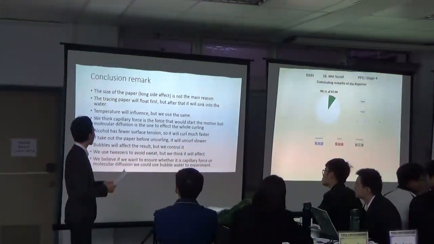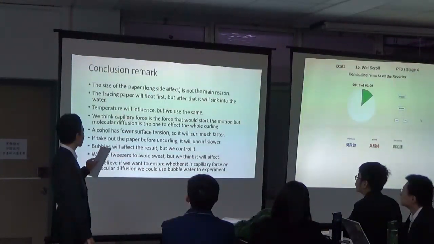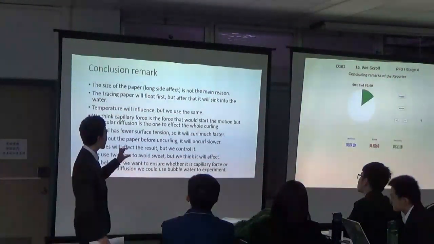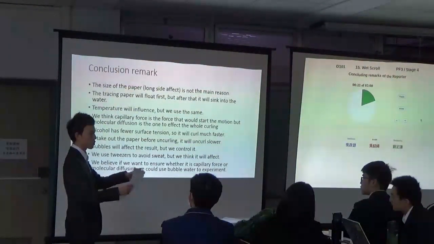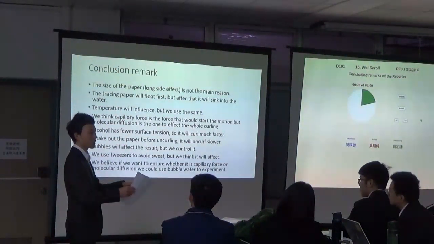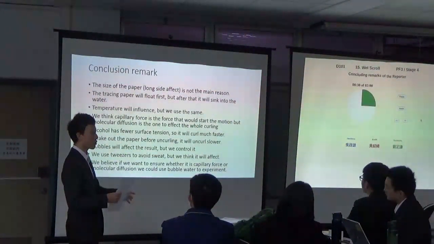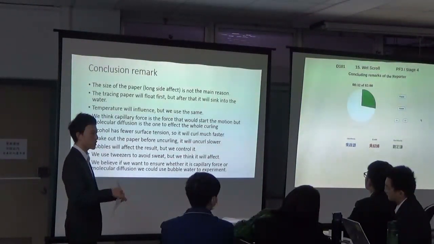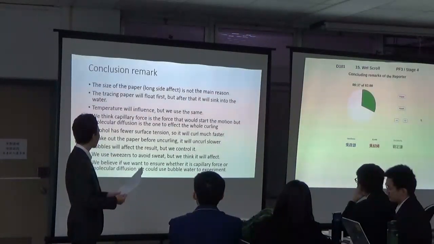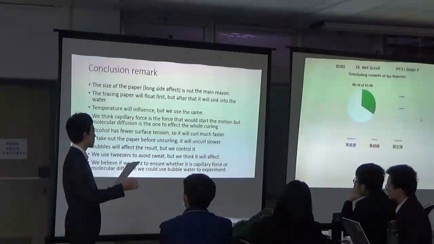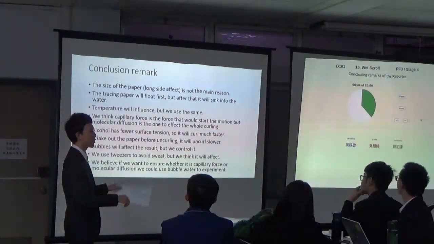So I will be making the concluding remarks. Firstly, we think that the side of the paper, which is the long side, is not the main reason. Whether it is long or short, the start of the curling, like which side it will start to curl, will be mainly affected by how the fiber is orientated, and the long side is not a major factor. Second, the tracing paper will float first, but it will sink after the water has gone into the tracing paper. And thirdly, we think that the temperature will influence the